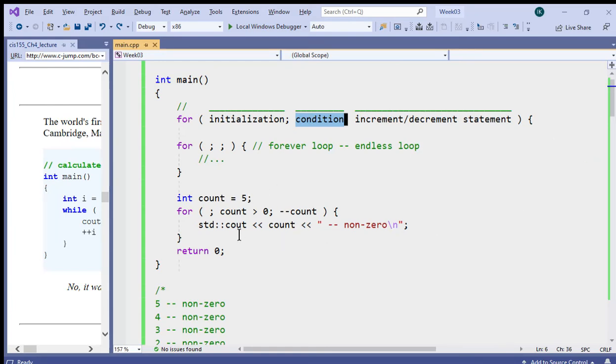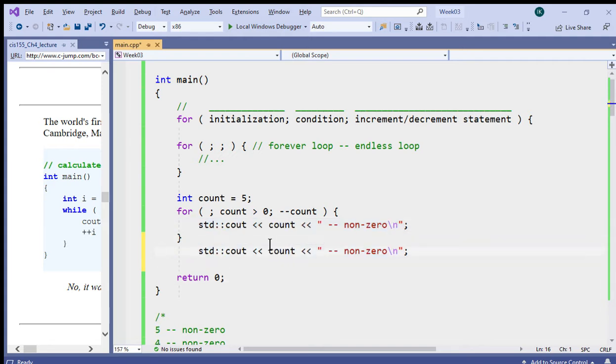So let's go to our example. In this loop, semicolons are used as delimiters between the three parts: the initialization, condition, and increment/decrement. And here I place my initialization of the loop controlling variable outside of the loop, before the loop. Why would I do this? For instance, if I wanted to add another output statement right here, and I would say print count